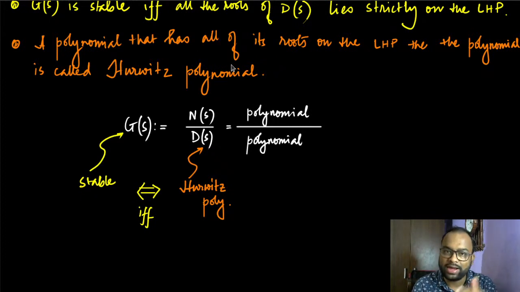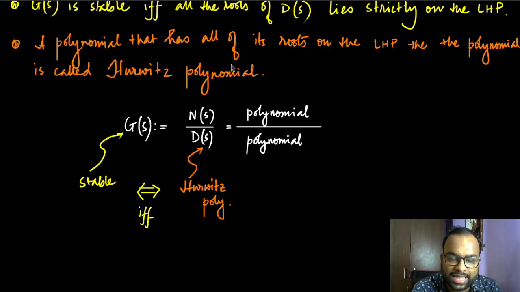So Hurwitz defined a procedure in which you can do some operation on a polynomial, using the coefficients of the polynomial, and figure out whether the roots of the polynomial are on the left half plane or not. And then Routh figured out a way in which you can do that in a much simpler fashion. In fact, this entire theory is built upon certain very complicated theories in complex analysis,